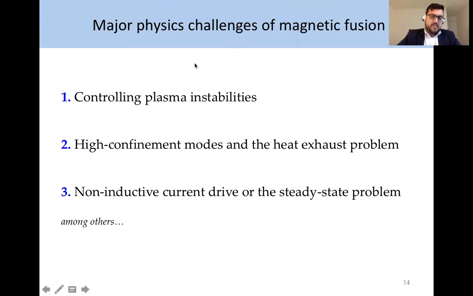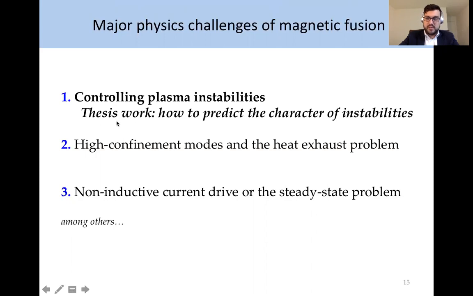So there are still major scientific challenges for making magnetic fusion a reality. One of them is related to instabilities that propagate in the plasma. The other is how you keep high confinement modes and exhaust heat from the plasma. Another one is how you generate currents that do not rely on Faraday's law, so basically non-inductive currents that would allow for steady operation of the machine. What I'll be focusing on in the rest of the presentation, and that's what my thesis work was about,